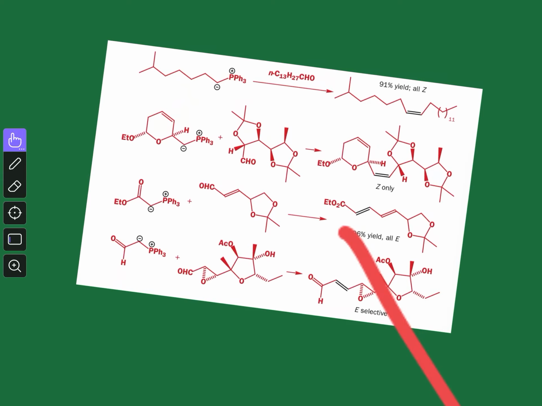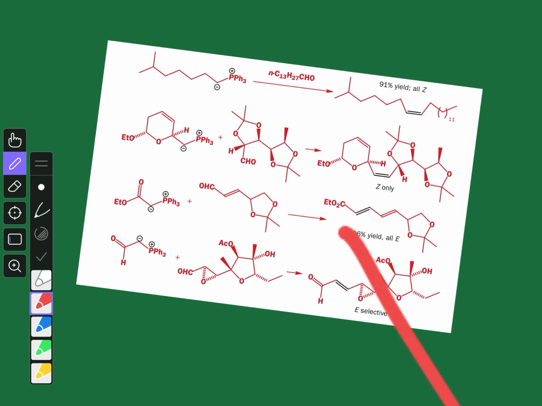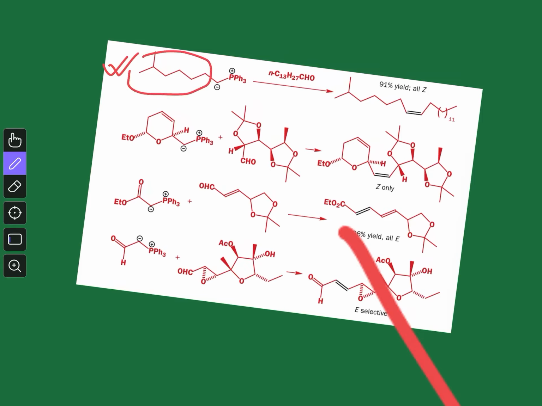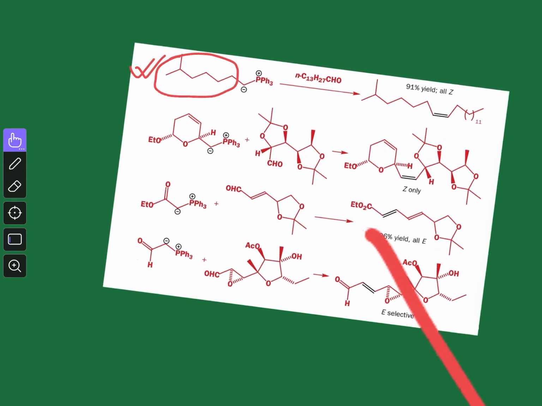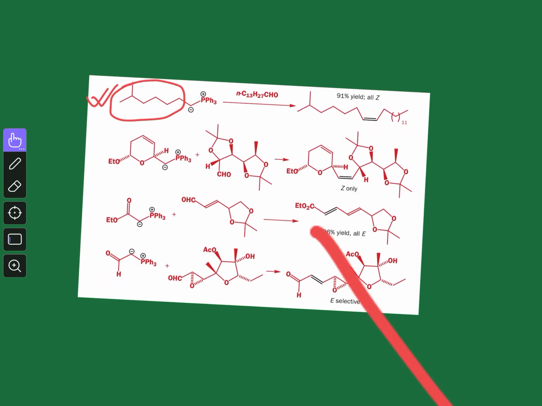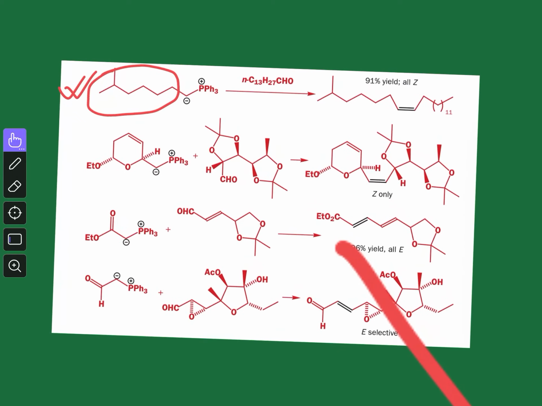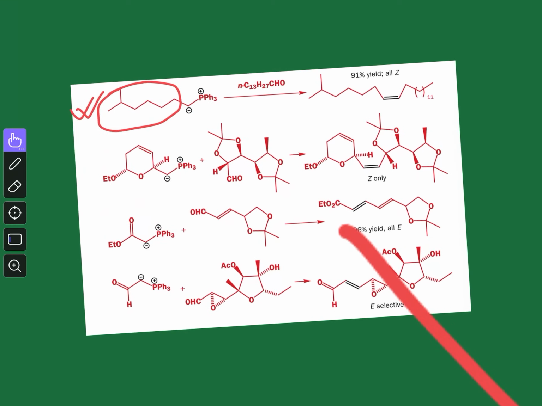I have taken this from a book, you can see. In the first case we have this thing, and you can see here you have no stabilizing group. There is a large group in this case, but it is not a stabilizing group, it is a normal group. And in this case, if you use this big aldehyde over here, what are you getting? You are getting this Z isomer. So it is an unstable ylide, and you are getting the Z isomer.